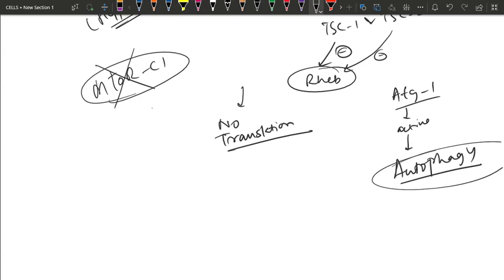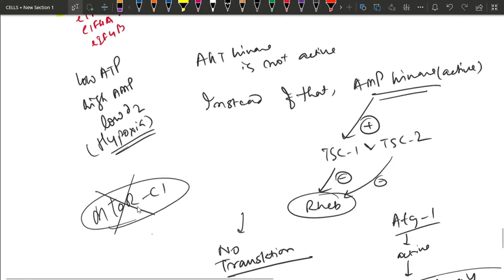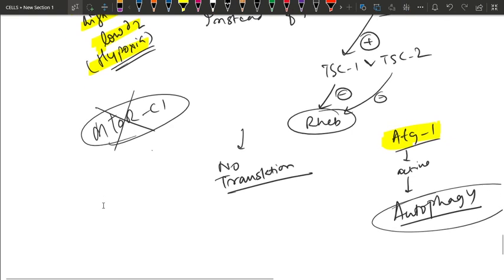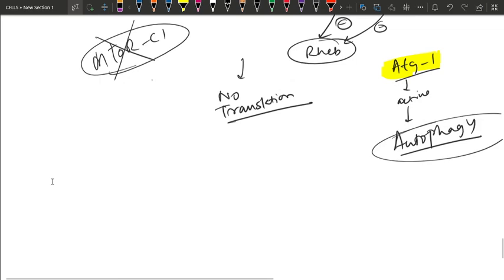And there will be autophagy. You just have to know one important thing: in cell biology I have told you that LAMP is an important marker for the autophagosome, and in hypoxic condition, that is the low ATP or low oxygen or high AMP condition, autophagy takes place. In these conditions autophagy takes place, and ATG1 is an important factor which helps in the process of autophagy. You don't need to know the details of autophagy. That is the case. Okay, and the last one is the